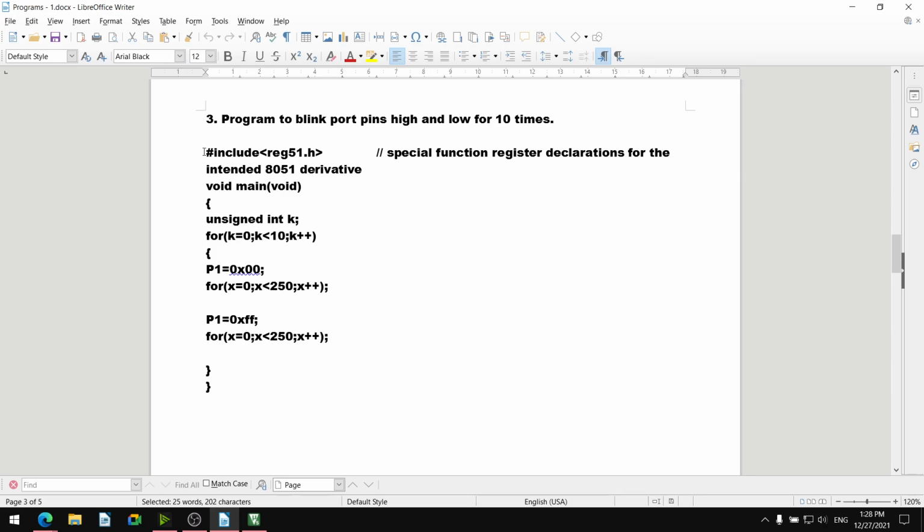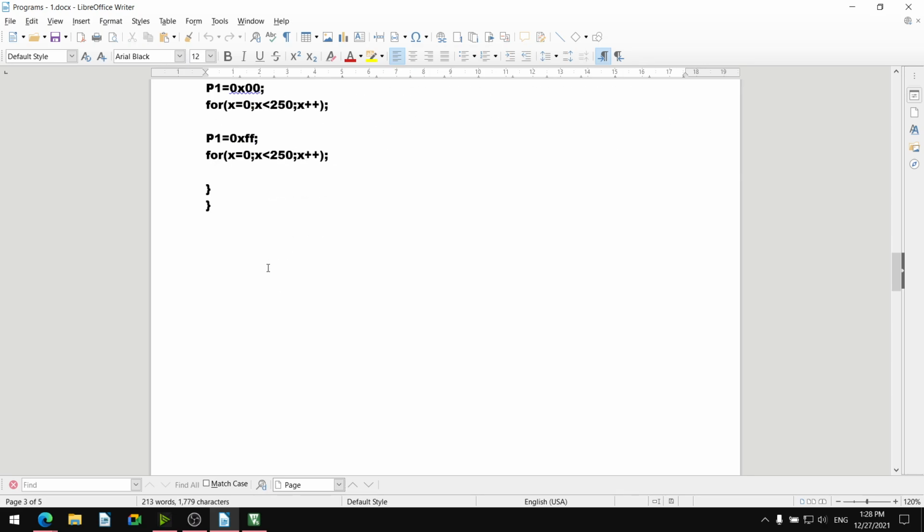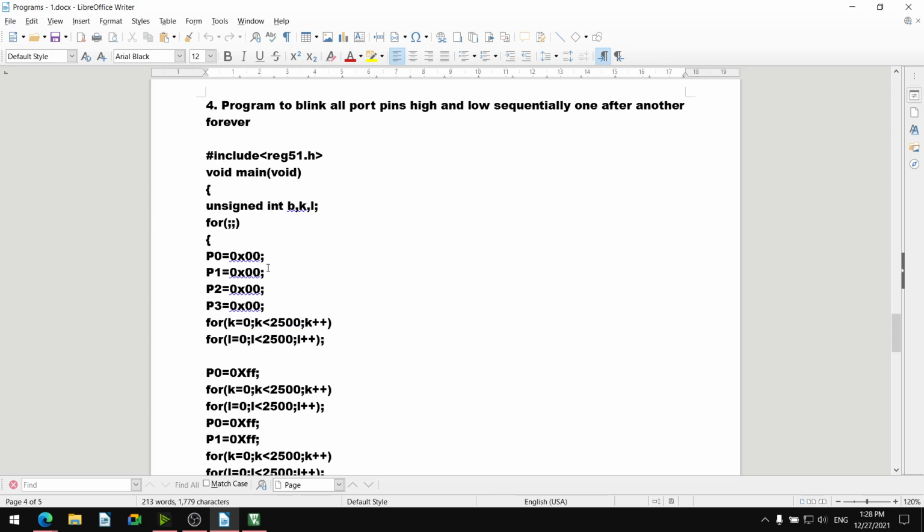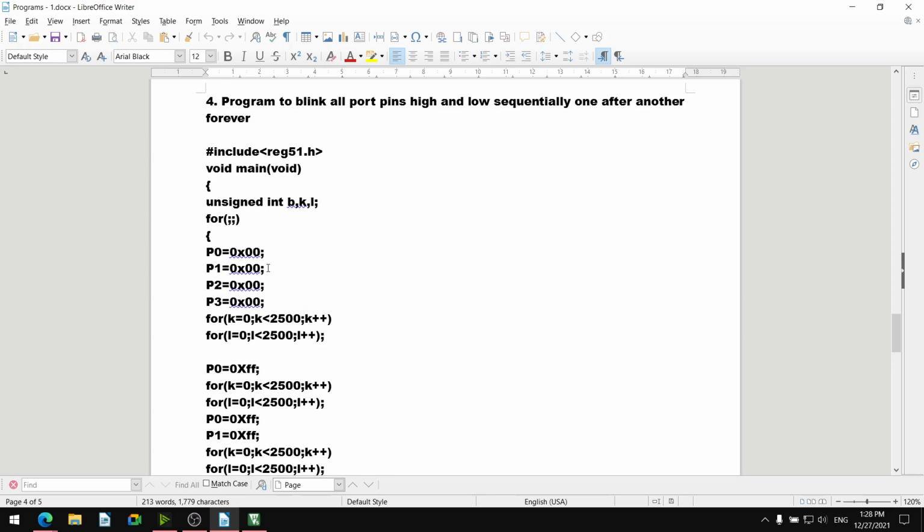You can check this. Then there is a program with blinking of all the port pins, high and low, sequentially, one after another, and forever, all the time.